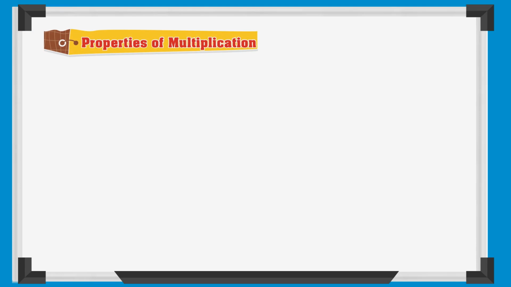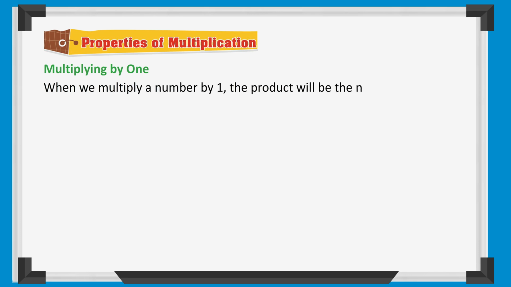Properties of multiplication. Multiplying by 1. When we multiply a number by 1, the product will be the number itself. Example: 1265 times 1 equals